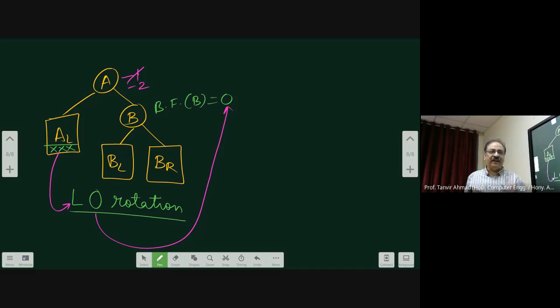Because you have decreased the size. Now here this was H. This is H. This was H. After deletion, now this has become H minus 1. And now the balance factor of A has changed from -1 to -2. But you check B and you find that this is 0. Apply L0. And similarly, you can do with all other things the same way.